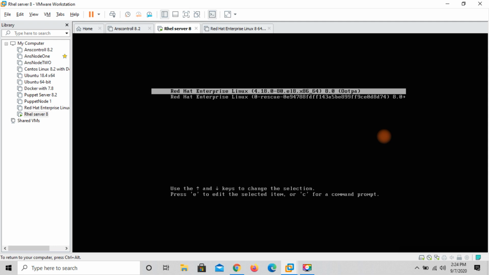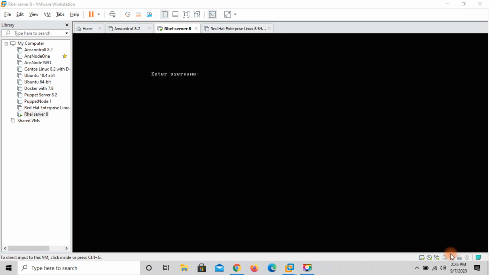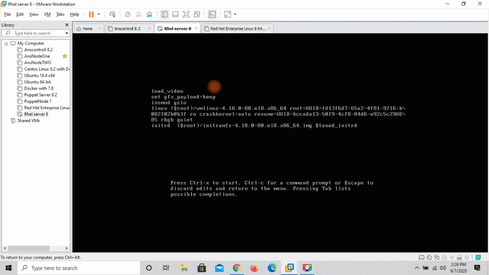You can't log in and you directly come out of your GRUB screen. Friends, look at a different case. If I have the GRUB password, I am going to log in as root and I enter the correct password of my machine. Then you can see I can easily edit this GRUB line.